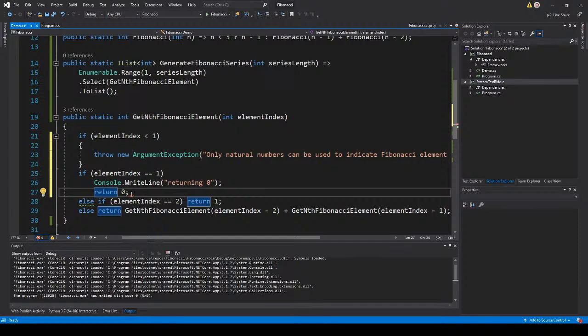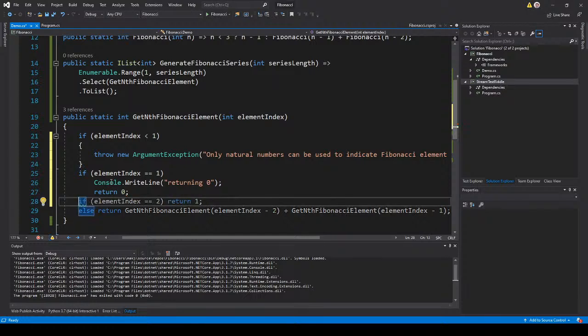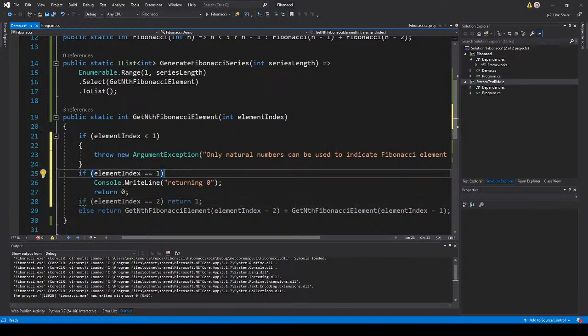So I got an error here, but that's because of the else, right? Here it will compile, and it might look like both lines will only get called if the index is 1, but of course only the first one will.